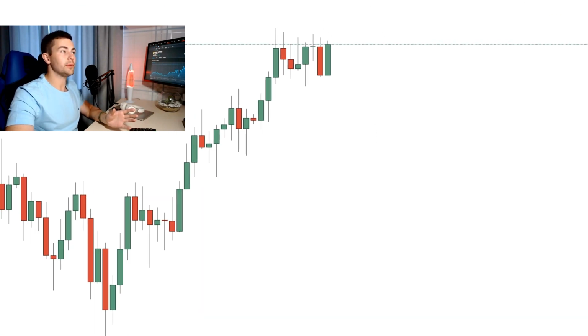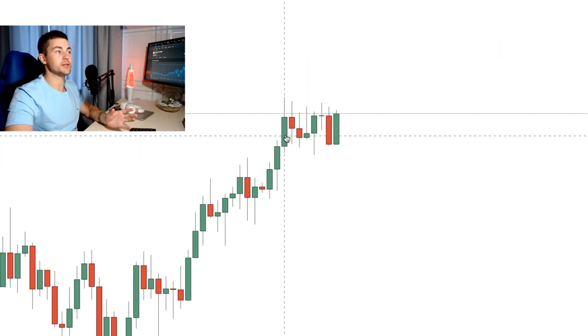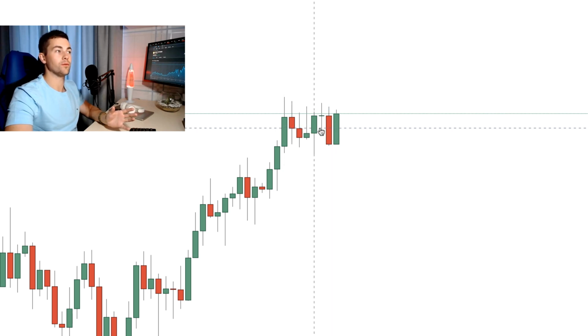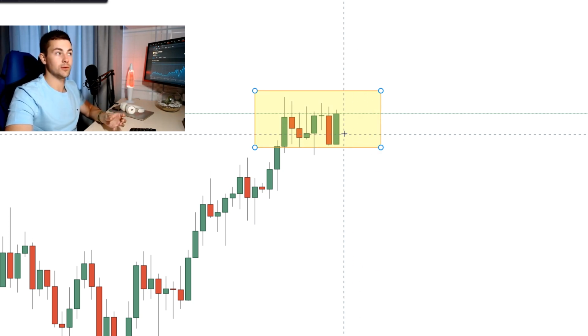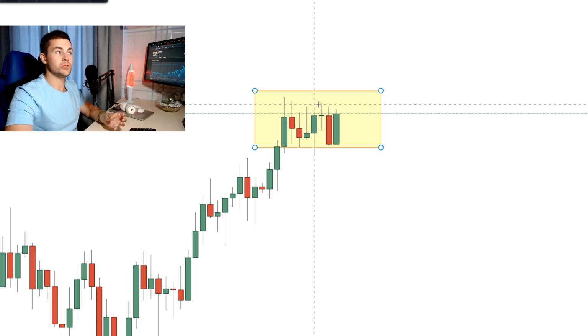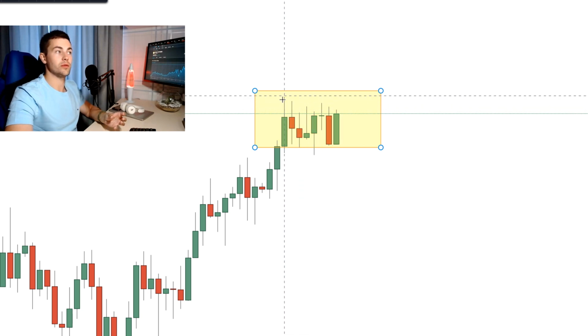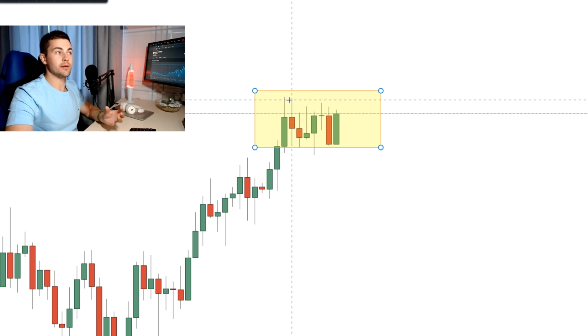But what happened recently, if we analyze just the recent candles, you can see that 1, 2, 3, 4, 5, 6, 7, 8 days we are trading on the same level. So here is our current trading range. We are now trading within that, and currently the market consolidates. We see multiple rejections from higher levels with these wicks right here. It just tells us that for now buyers can't go higher, they are rejected.